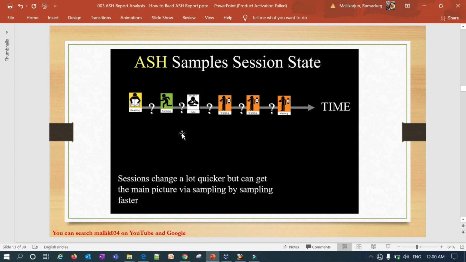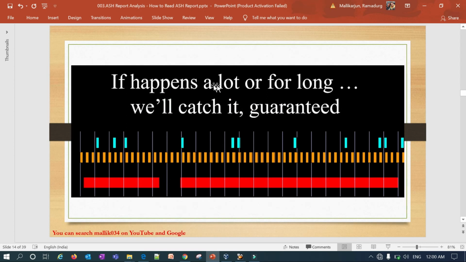But you are not going to take all the samples, you will take only a few of them. You may sample every second, or every 2 seconds, or every 10 seconds, but how frequently you write your sample states to DBA_HIST_ACTIVE_SESS_HISTORY will be captured into your ASH report, right? If it happens a lot or for a long time, we will catch it guaranteed.